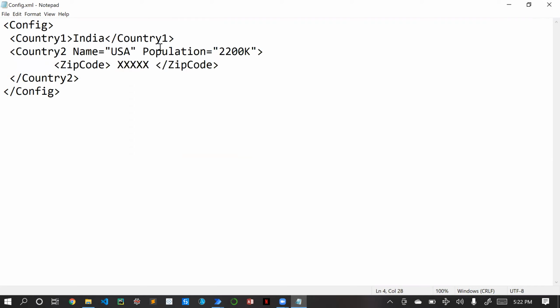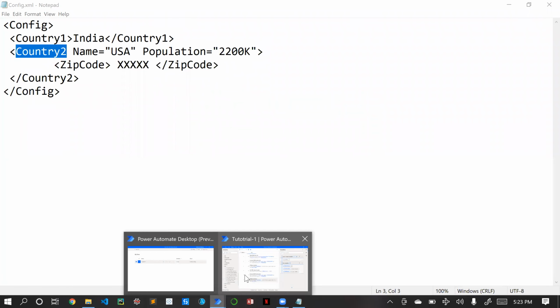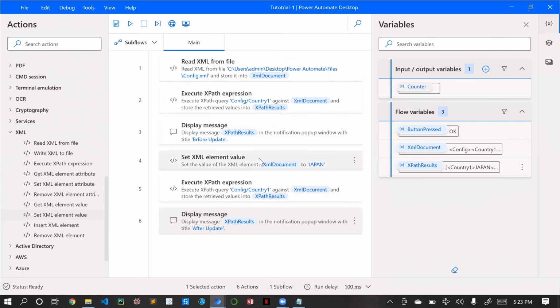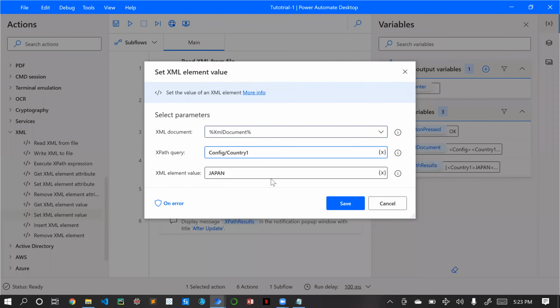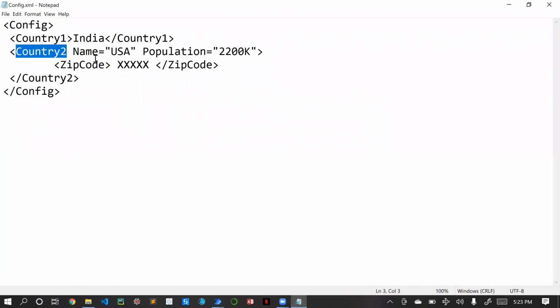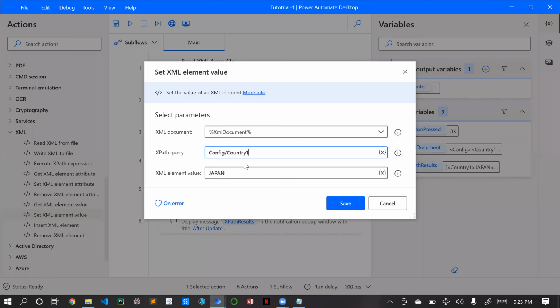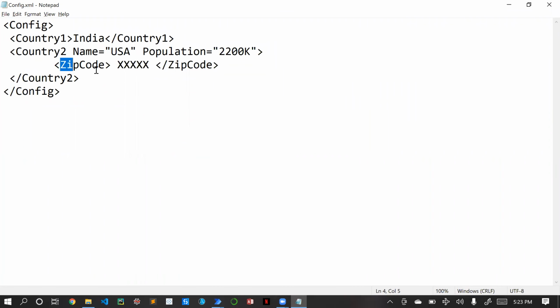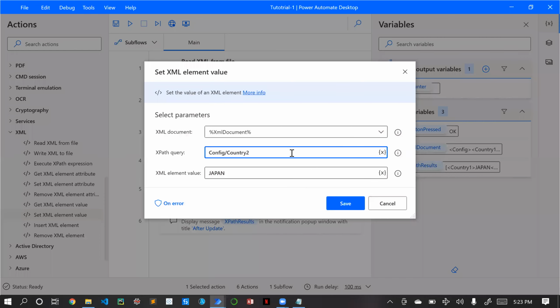For this, this is like an attribute inside an element. You see, this is a straightforward element, but this zip code is an element which is inside an attribute. So for this we just need to go to set element. What is the attribute name? Attribute name is country2. Let's just copy this, update here, and we need to copy this value because this is another part. We just need to include that part, and we'll update something known as YYY.